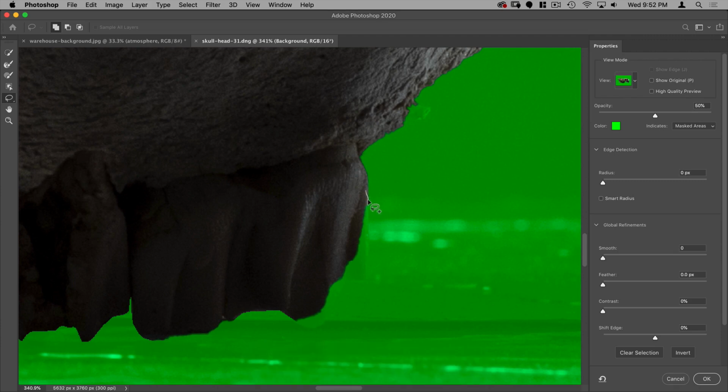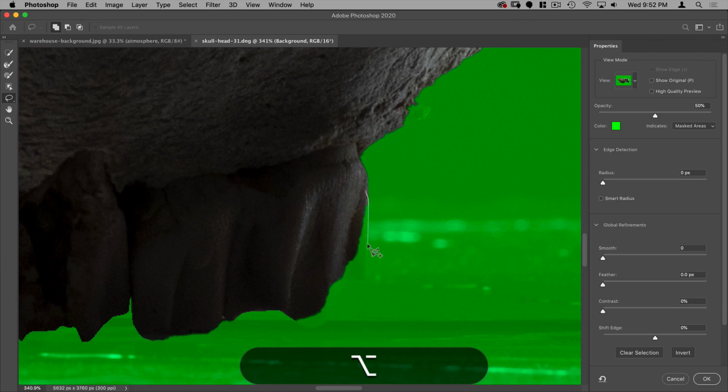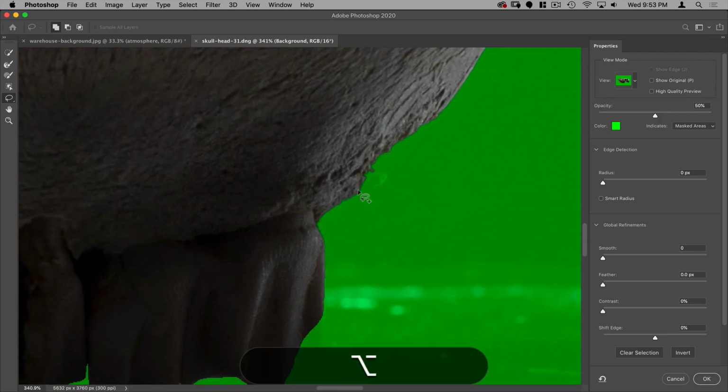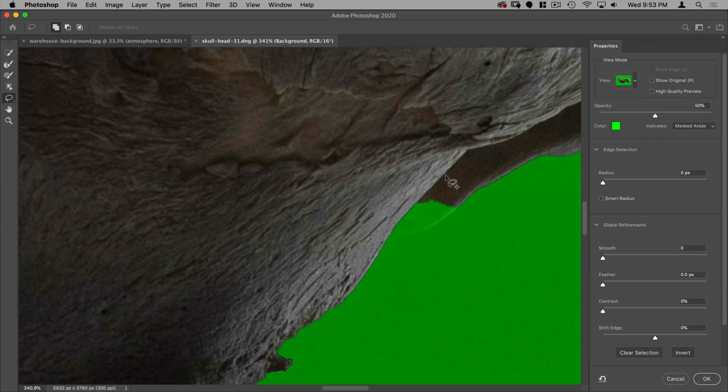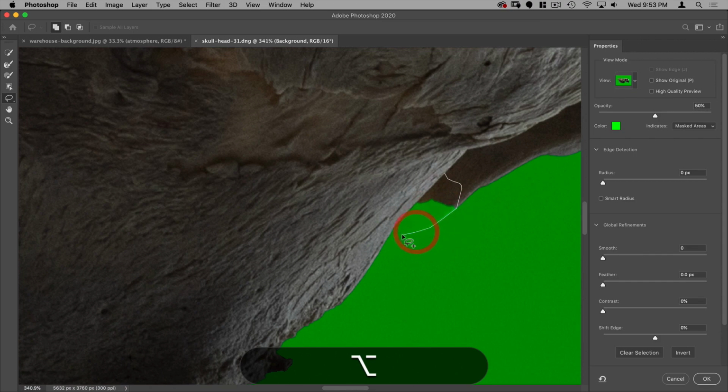Now when you're using the lasso tool, if you start dragging and then hold down Option, it turns into the polygonal lasso tool. And generally, when I'm using the lasso tool, I kind of always have my finger on the Option key. The reason for that is I can always let it go, or I can start clicking and dragging if I want to freehand. But I also have the option of letting go, and it won't close my selection. I can make a straight line if I want to, like this.